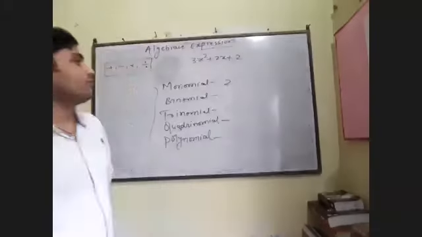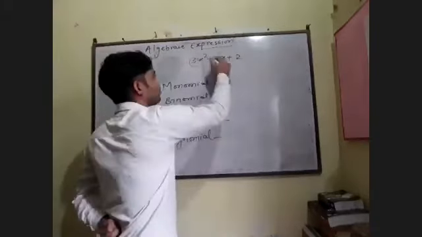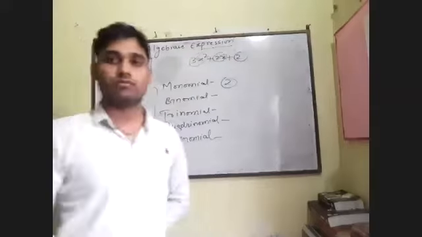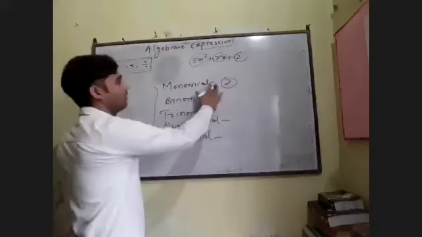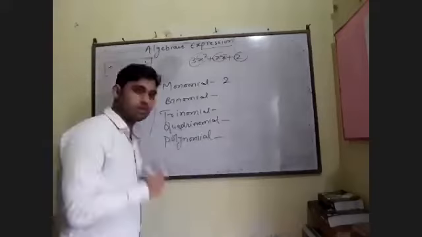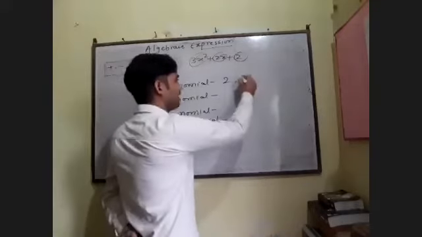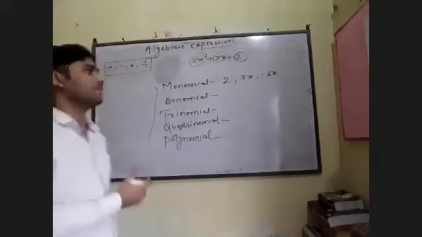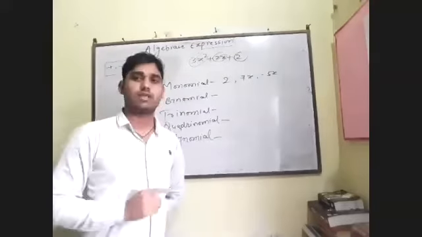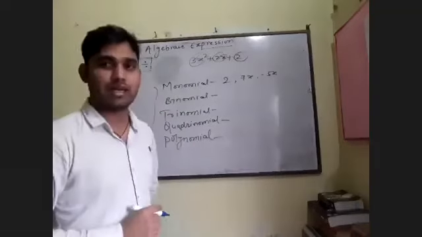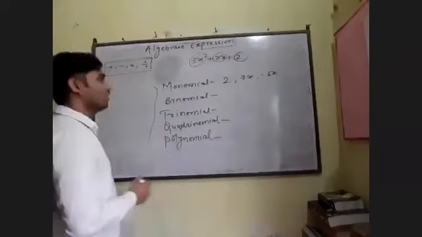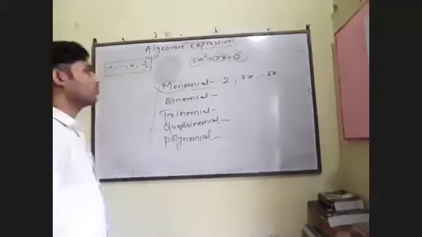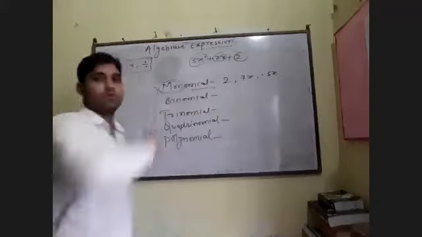Beta, it is also a term. If we see 1 term, 2 terms, and 3 terms, this is also a term. This is called a constant term. Understood? So 2 is also a monomial. If 2 is written, it is also a monomial. It may be 7x, it may be minus 5x. An algebraic expression containing only one term is called a monomial. We know that mono means one and mial means term.